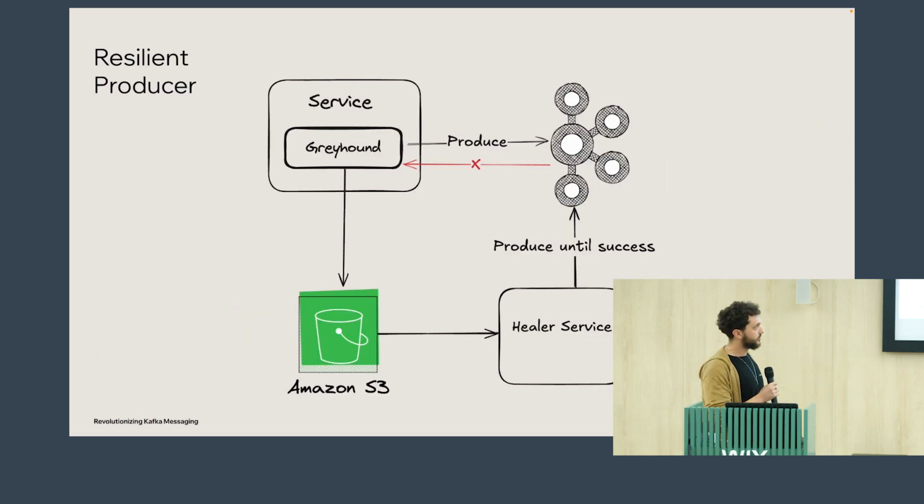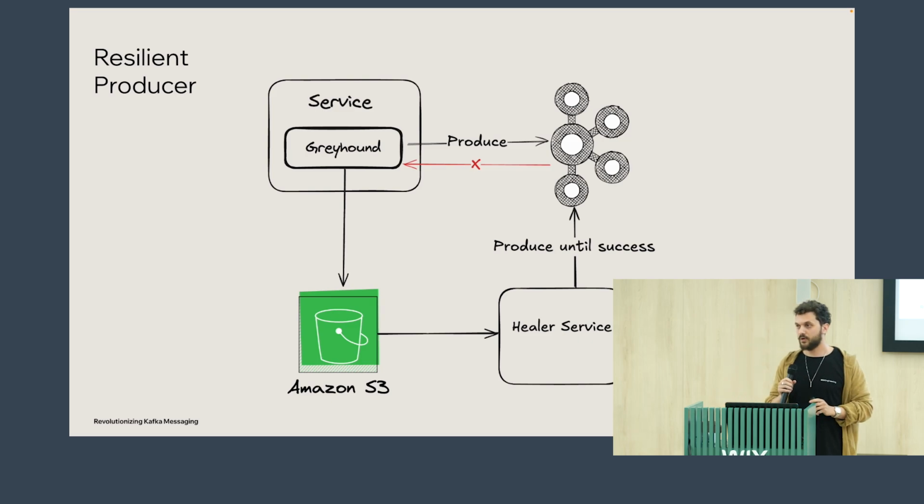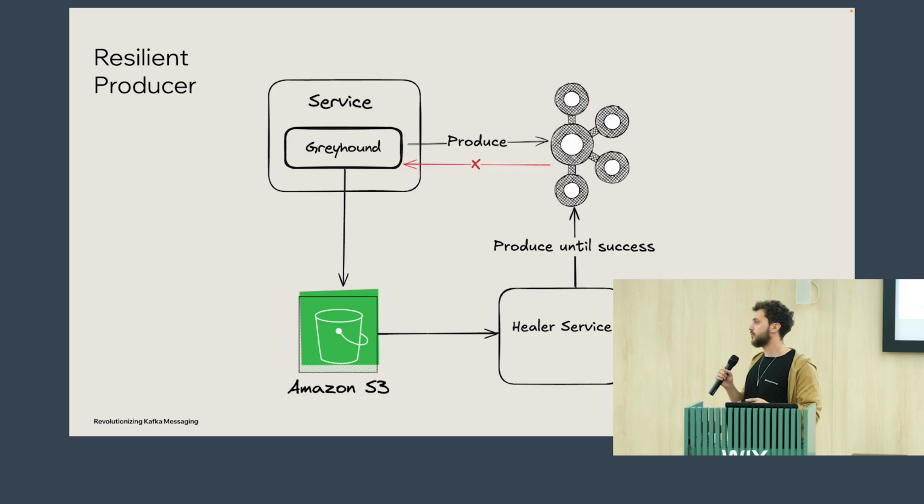Another cool feature, it's not really a feature, it's the default behavior of our producing at Wix. This is what we call a resilient producer. This is the default behavior in Wix, and it allows us more resiliency of our producing. Obviously, the last thing that we want is data loss. So out of the box in Ground, when you try to produce to Kafka and fail for any reason,